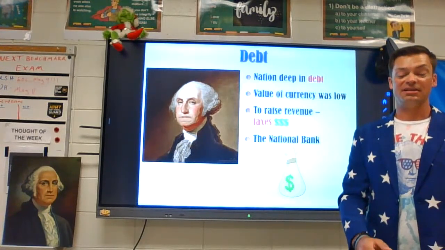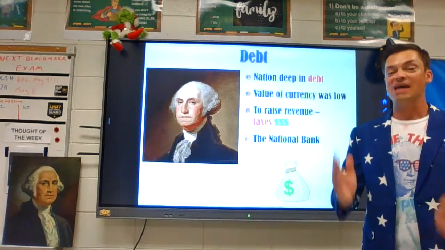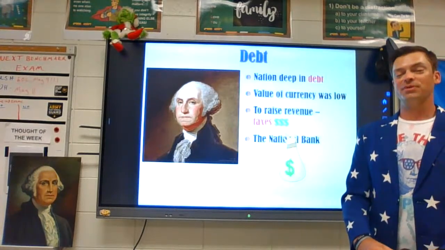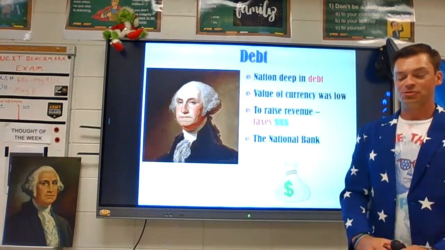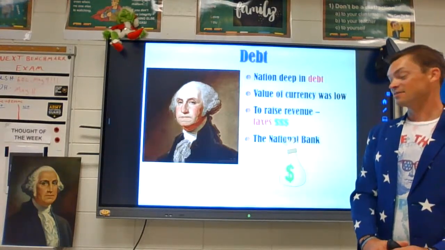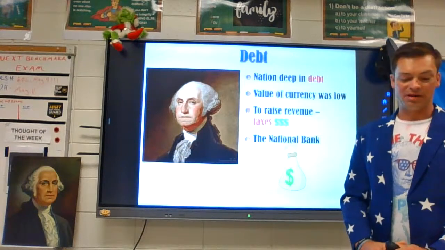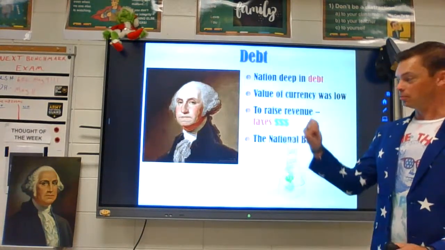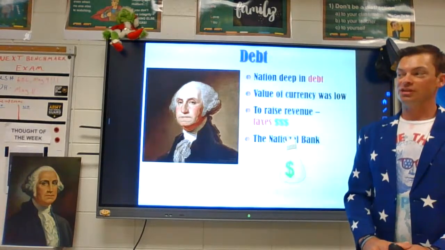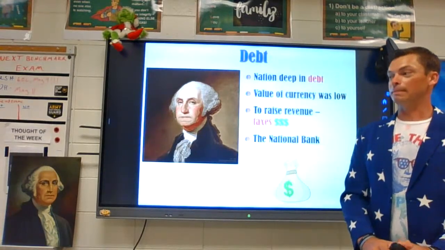But let's not forget that that was no taxation without representation. So the idea isn't that people shouldn't be taxed. It's the idea that people should have a say in how they are taxed. Well, so as the first president, George Washington is going to have to deal with taxes. And a way he goes about that is also by creating what is known as the national bank. So in the blank box for debt, you should have these 3 bullet points written down.